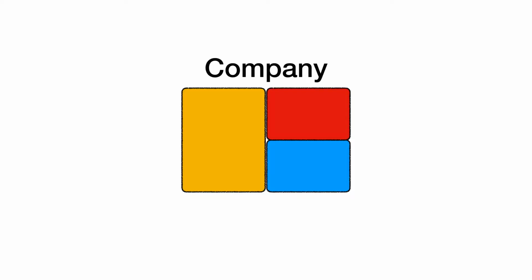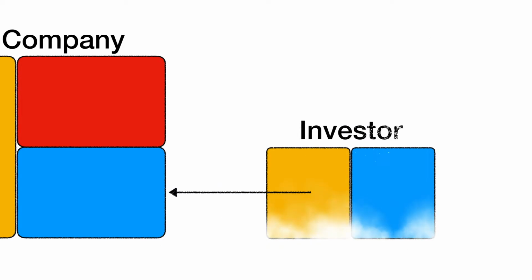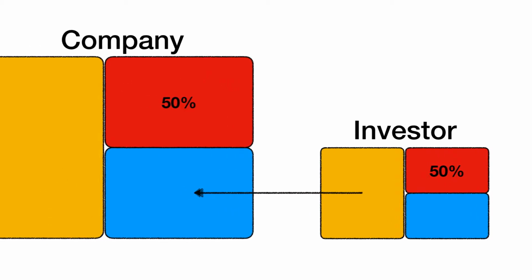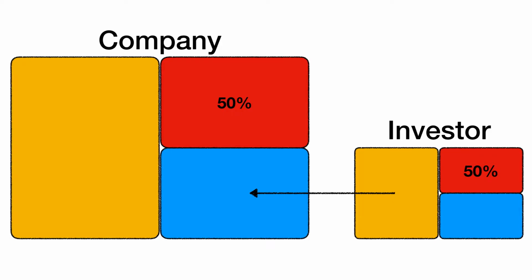As we have seen in the previous videos, the company's leverage affects return on equity relative to asset value change. Well, what about the leverage of the investor himself? Let's assume that the investor uses 50% debt to invest in the company with 50% debt financing. At the end of the day, what the investor cares about the most is how his own equity grows after servicing his own debt.